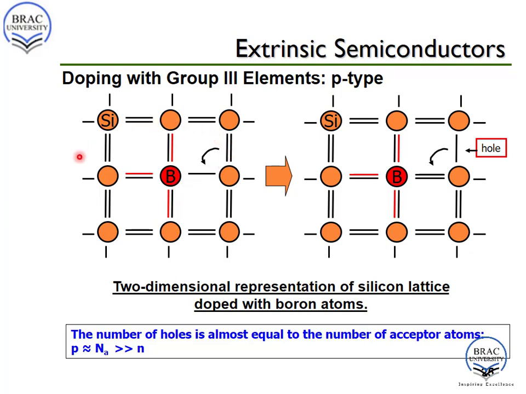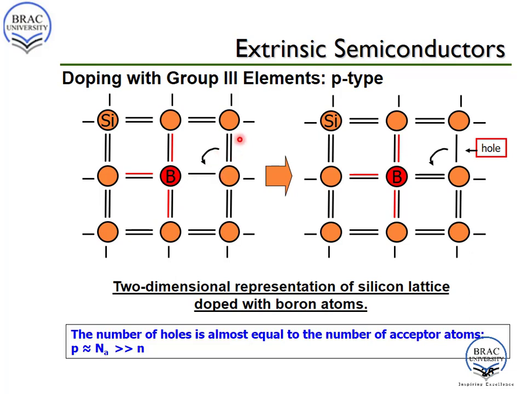To continue the formation of the structure, another bond would be created between this boron and this silicon, but as boron has 3 electrons in its outer shell, boron cannot share any more electrons with this silicon. So here is a shortage of electron, which is actually a hole. So if we add a group 3 element to a silicon structure as impurity, we are actually creating holes. The function of a hole is to accept an electron, thus this boron is called the acceptor atom. And this hole does not stay static here, it actually moves through the structure.